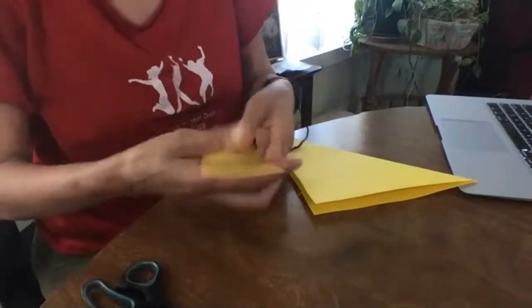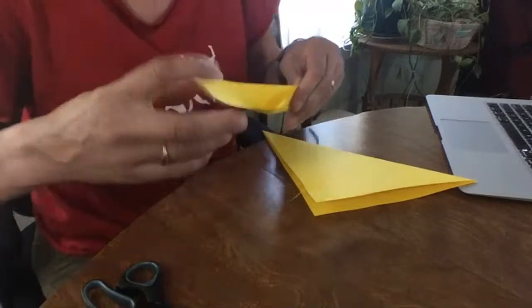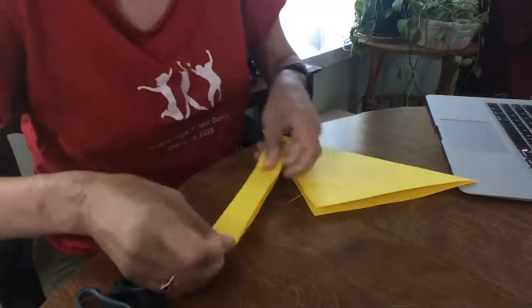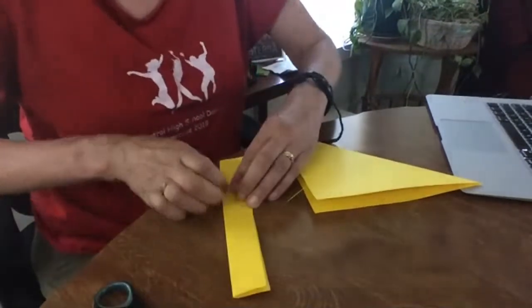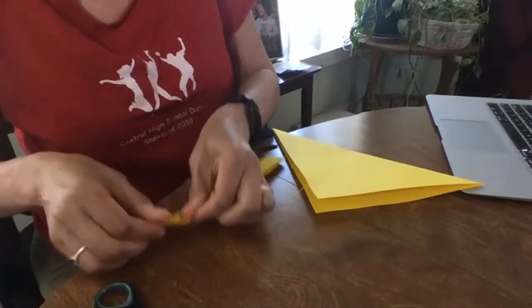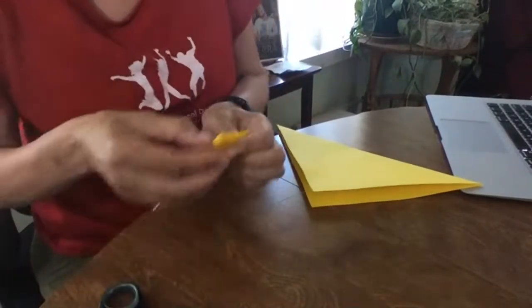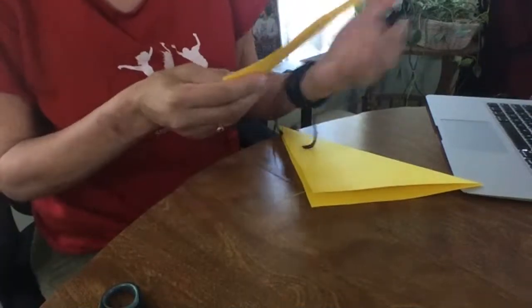Okay. Hi, Creative Circle, have you done origami before? I'm not so good at it yet. I just needed somehow to,